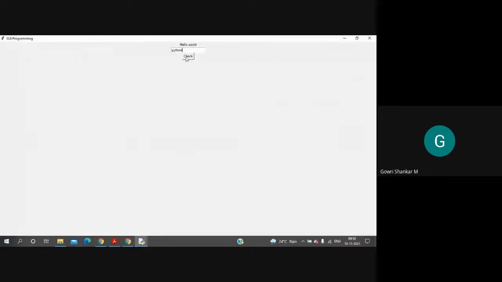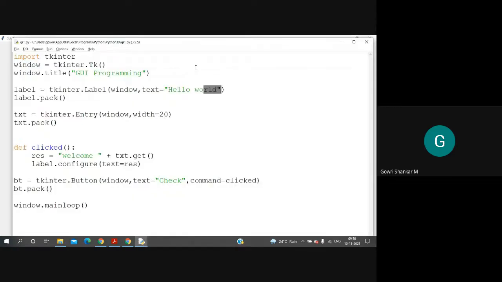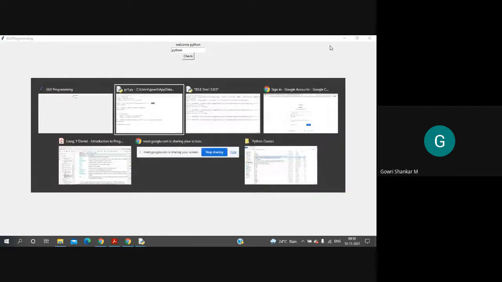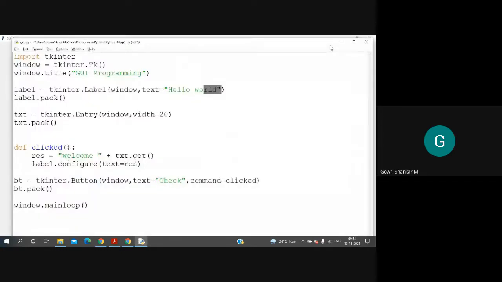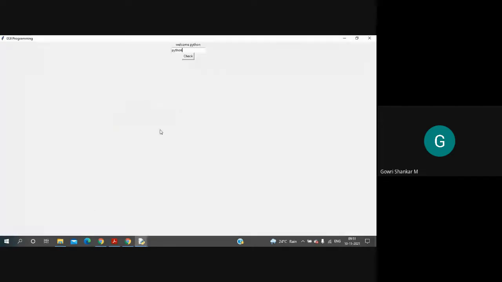I'm entering Python. I'm clicking check. See, the hello world is changed to welcome Python. So this is how we define the behavior. Again, it waits. You see, the program has not stopped because we have used window.mainloop. As a result, the program still waits. This window is not closed. Suppose I'm entering again